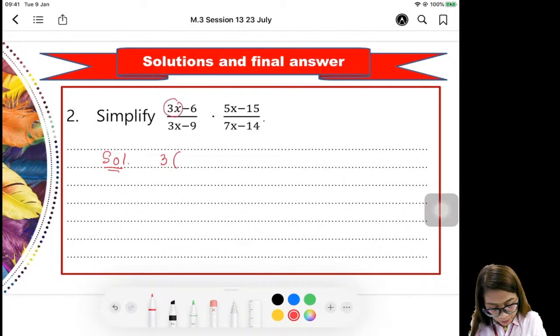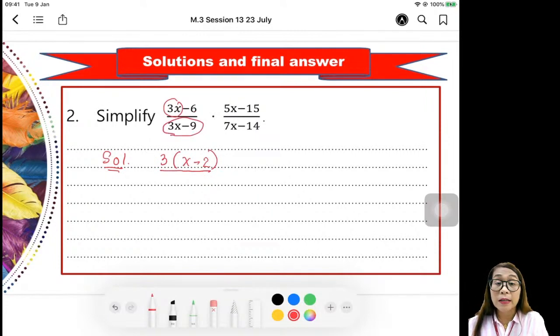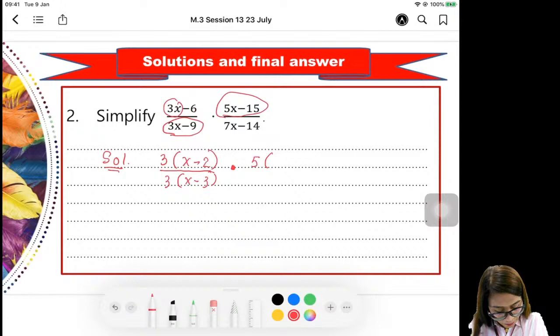This 3x divided by 3, the answer is x, minus 6 divided by 3 is 2, all over. And then in this 3x minus 9, the highest common factor is 3. Take it out, divide 3x by 3, the answer is x, minus 9 divided by 3 is 3, times. I use a dot for multiplication. And this is 5 from here, so take out 5, divide 5x by 5, the answer is x, minus 15 divided by 5 is 3, over. Take out 7 from 7x minus 14,